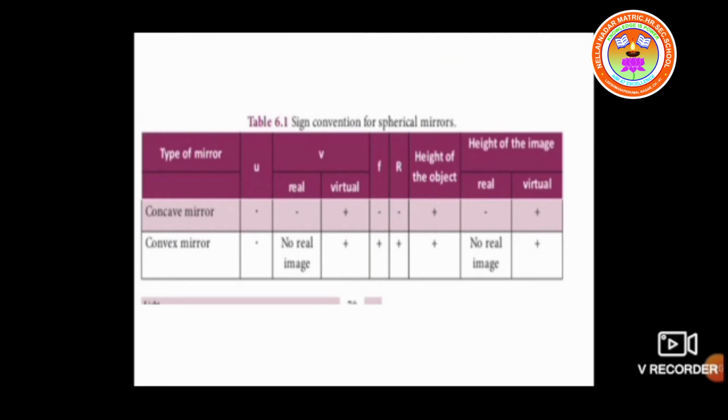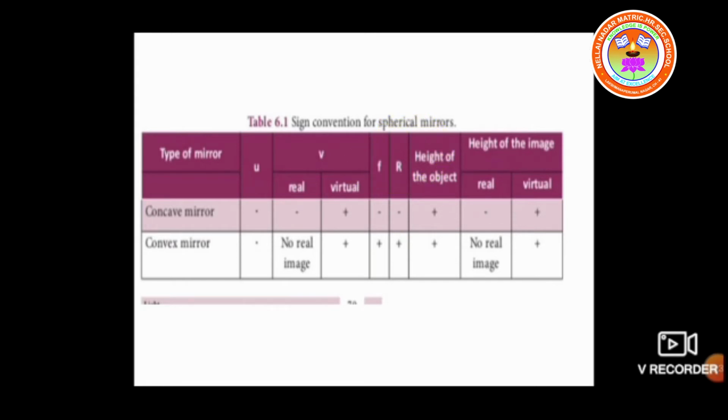V, for the concave mirror, gives the image that is real or virtual. For the real image, it should be calculated left hand side to the mirror, so that is mentioned in negative. For the virtual, that is positive. The focal length F has the sign negative, as does the radius of curvature, that is left hand side to the mirror.